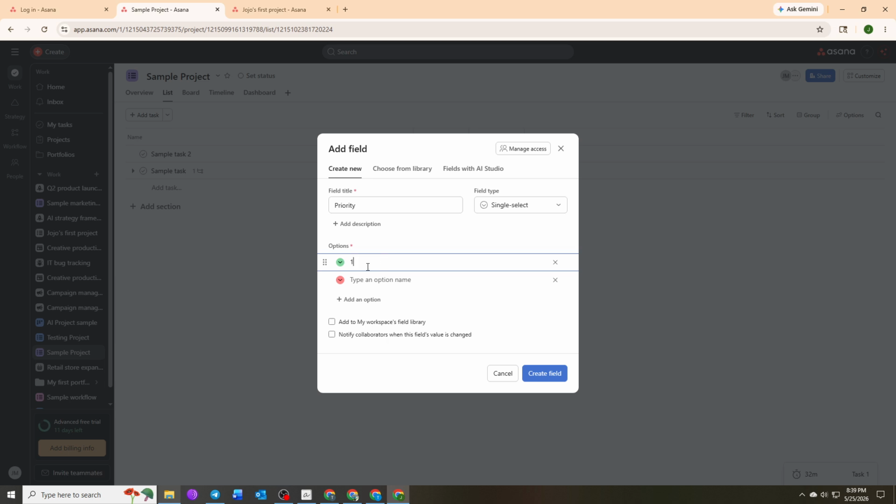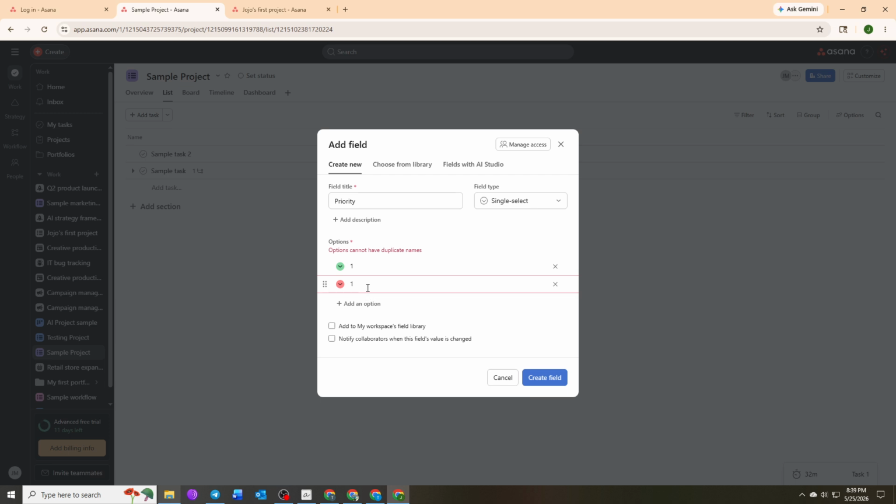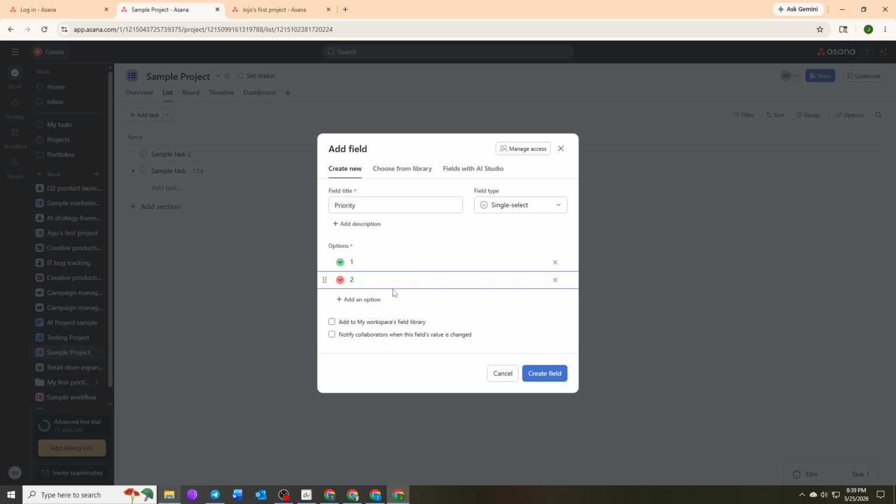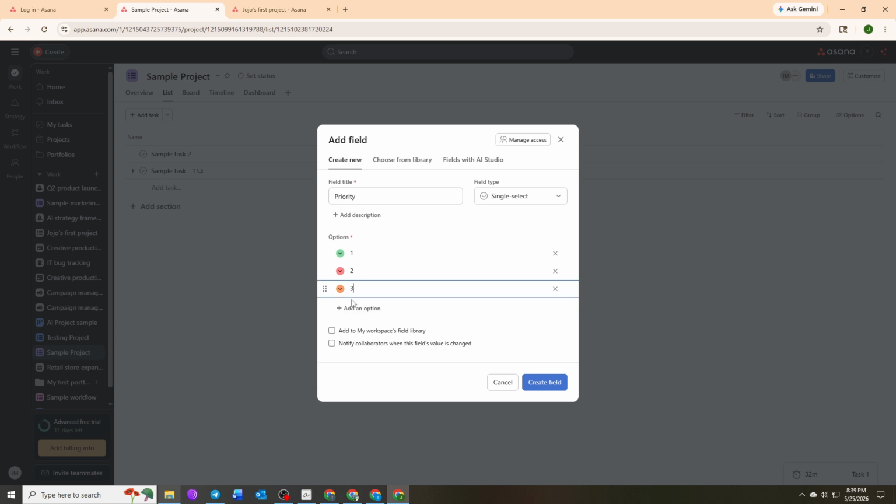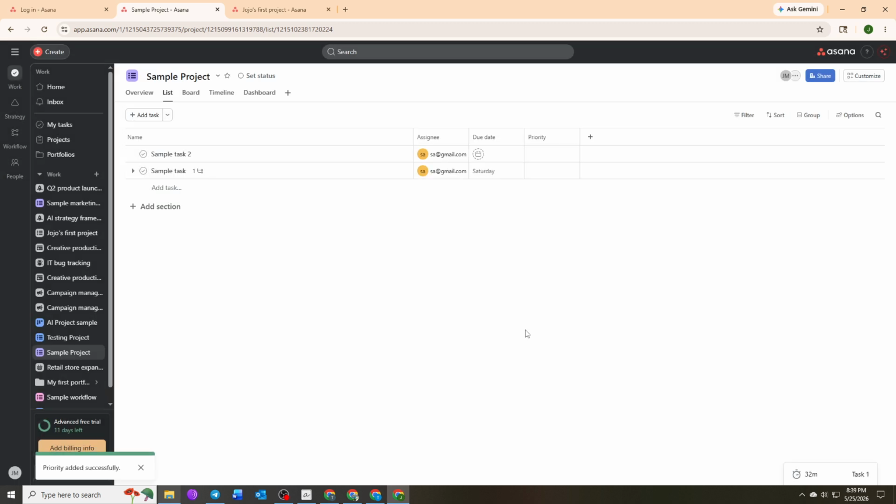to understand. If color coding is available, assign distinct colors to each option so you can visually scan priorities at a glance. Save the field to apply it to your project, and a new column will immediately appear in your task list. To use it, open any task and select the value in the new field column that matches the